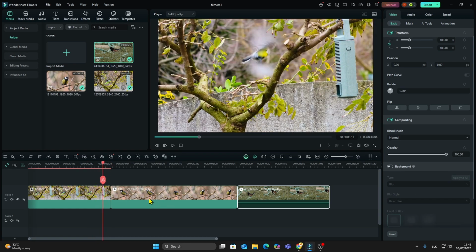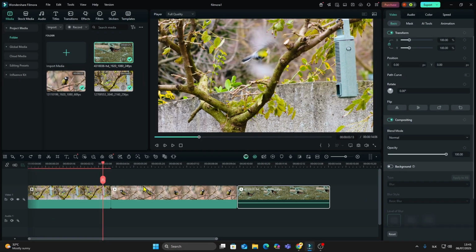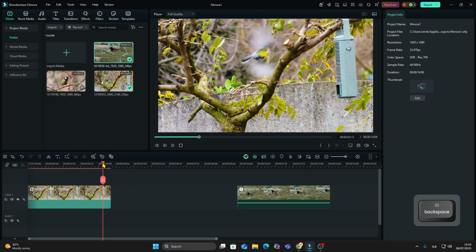untouched. To prevent this automatic snapping, go up to the toolbar above the timeline and look for the auto ripple icon. Hover over it, and you'll see it says, Close Auto Ripple. Click on it to turn Auto Ripple off. Now, when you delete a clip using backspace, the rest of your timeline stays exactly where it is, no more